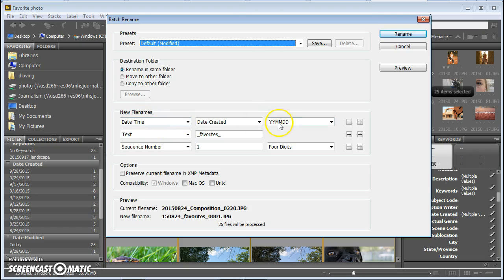Date time first, using the year, month, date format, and then on the text I'd put an underscore, then what I'm going to call it, then an underscore, and then the sequence number. And you want this to start with 1, assuming that these are new photos. And then you can see what it's going to look like down here,